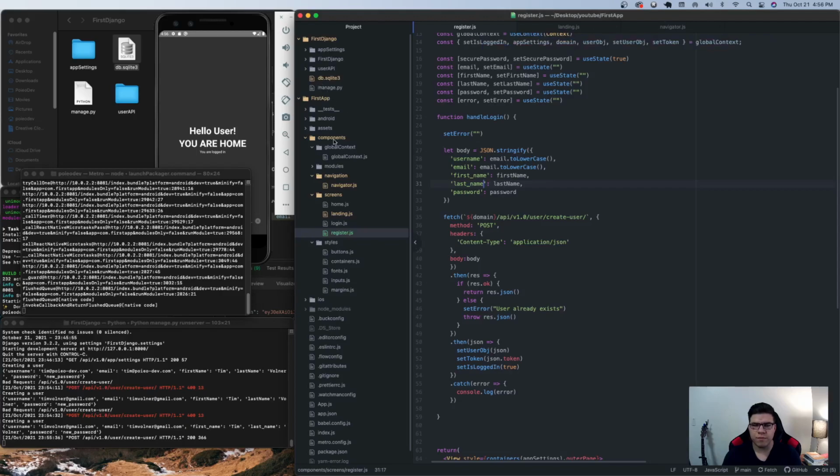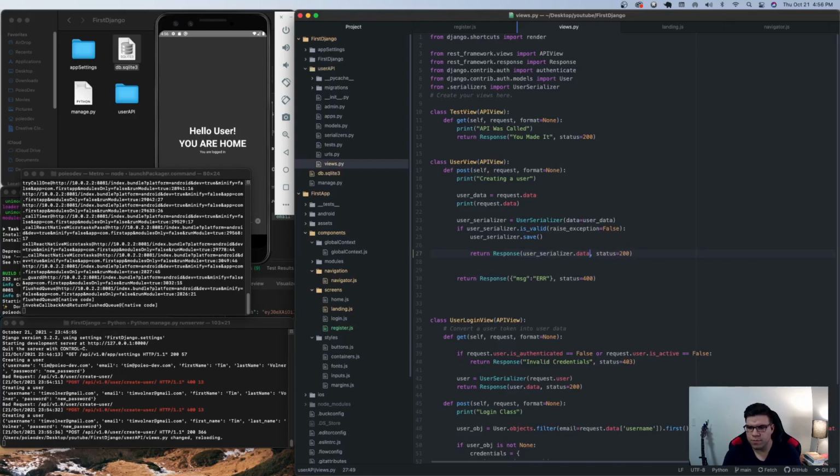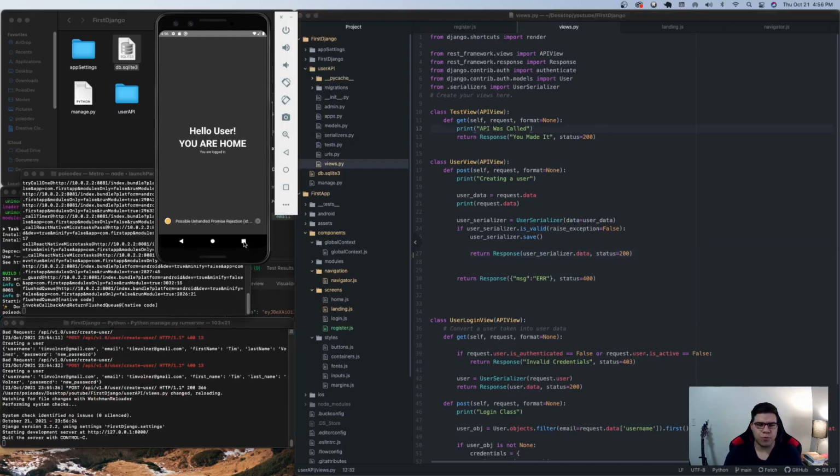Let's take a look at our view and just see what's being sent back. So this is the create a user view, serializer.data. Oh, okay, that's why. So I'm actually going to pull that out, save that, and I'm going to restart this app,